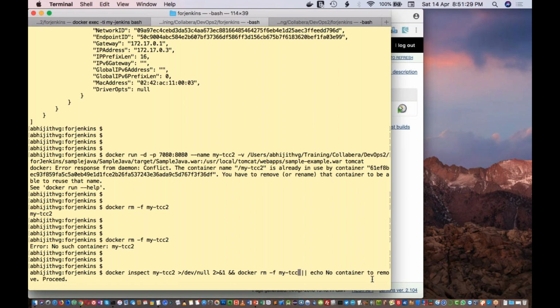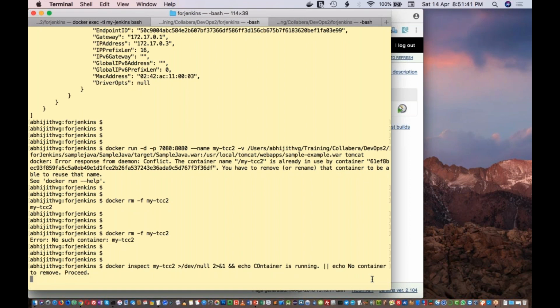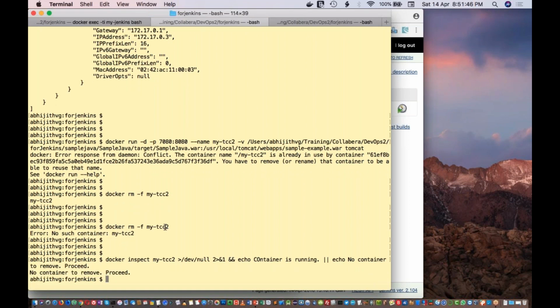I'll do something like this. So echo container is running. Now in this particular scenario, if I execute this one, you will see no container to remove, because I have already removed that container. But if the container was already running, then it would give this particular output. So this is like, if